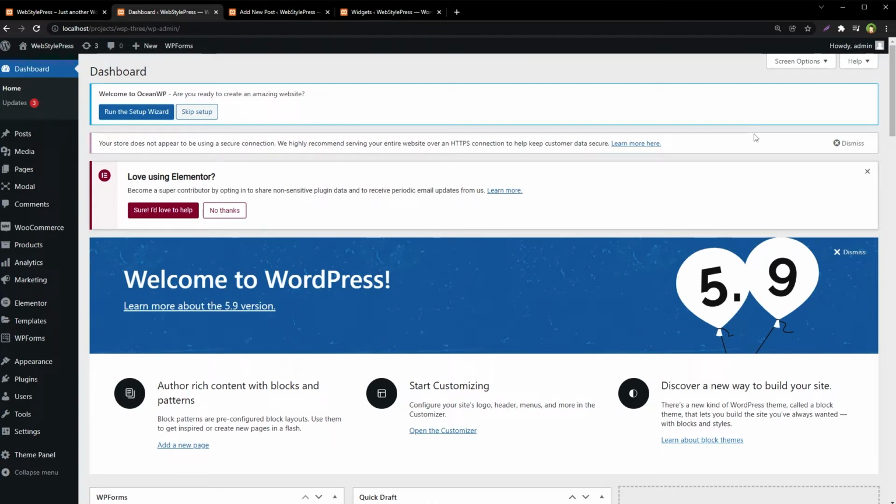Now you may prefer the block editor or Gutenberg block editor, but I mostly work with custom theme development or page builders. In my case, I do not use the block editor in most cases. So to disable these two things, the Gutenberg block editor and these notifications, go to plugins and select